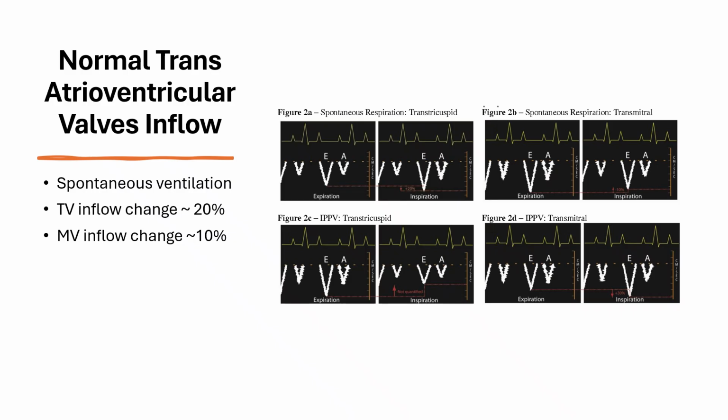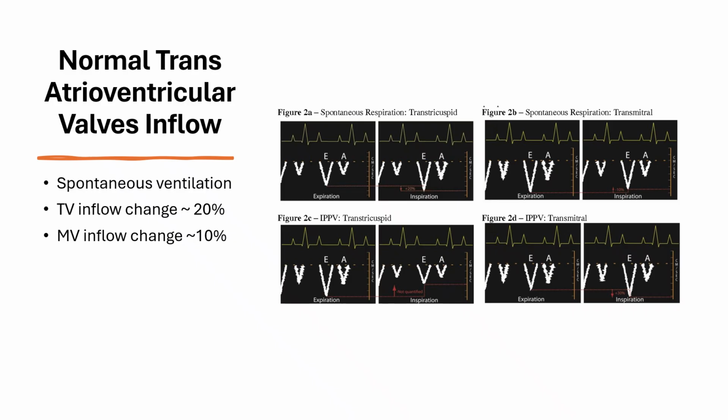And look at the mitral valve next. You see that during inspiration compared to expiration, in the mitral valve you see higher E velocity during expiration. And this happens because under normal negative pressure ventilation, the filling of the left ventricle is higher during the expiratory phase. Next, we talk about figure 2C and figure 2D, which represent positive pressure ventilation for tricuspid and mitral valve,